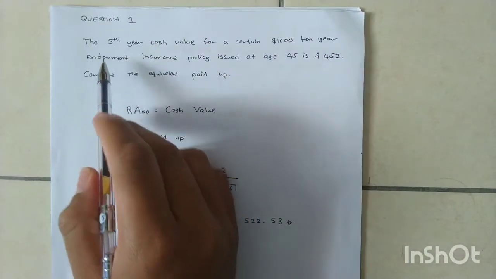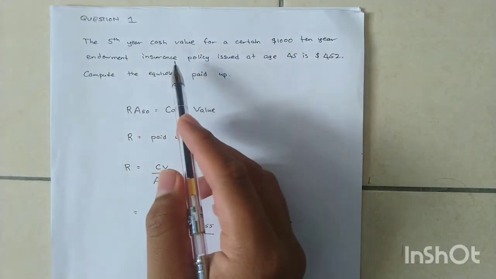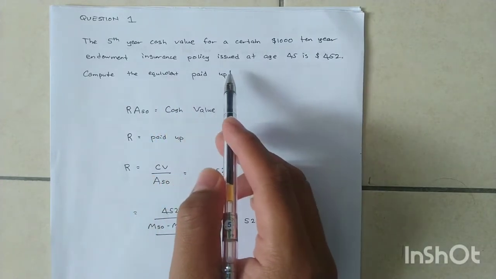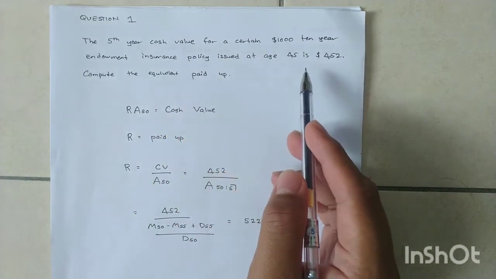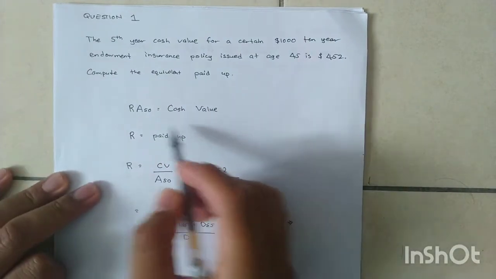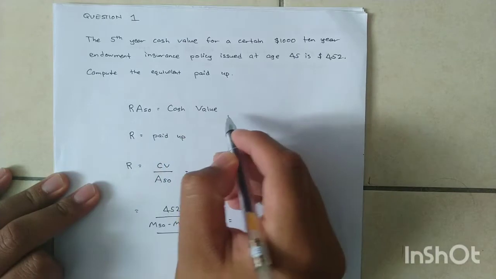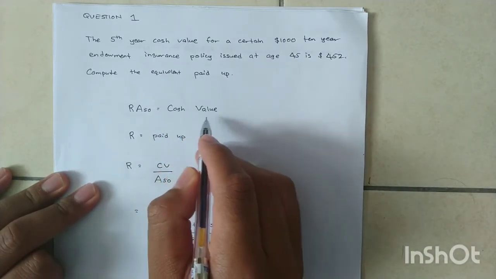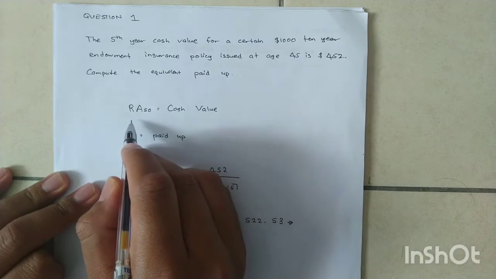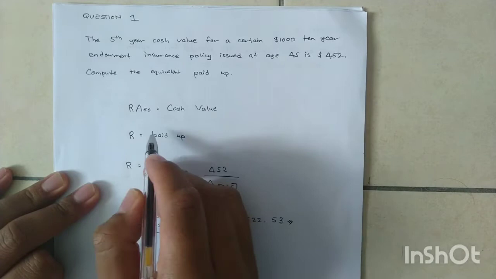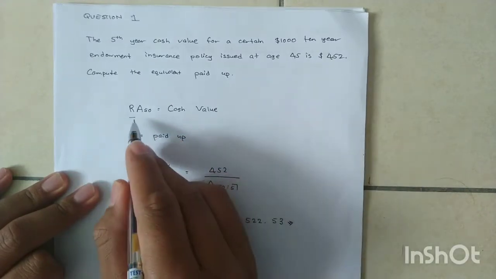Let's start with the first question. The 5th year cash value of a certain 10-year endowment insurance policy issued at age 45 is 452. Compute the equivalent paid up. So this is the formula to calculate the cash value, which is the paid up amount times the amount of insurance paid. So therefore, all we need to do is to move